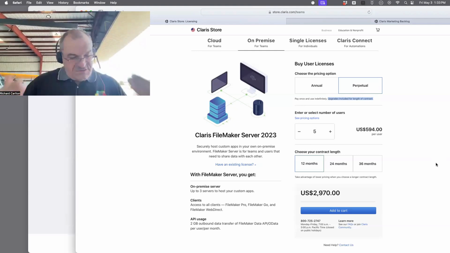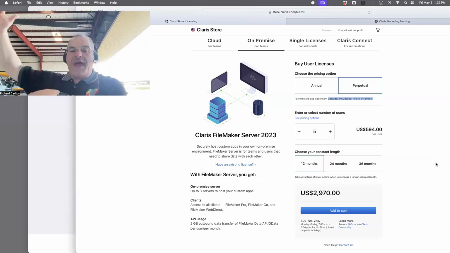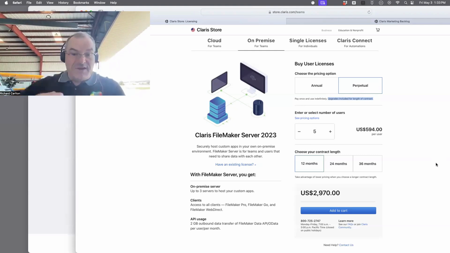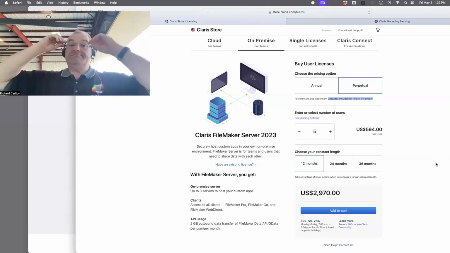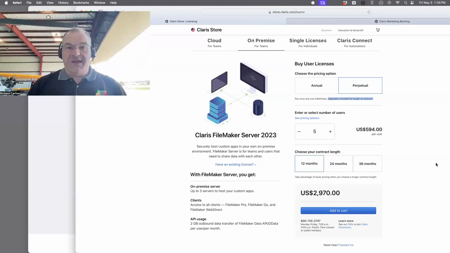I know this is for some of you a new thought, but if you update hardware, you need new software, operating system software. If you have new operating system software, then all the apps that run on top of the operating system probably should be updated. Make sense? And so they don't, and then it doesn't work. So we have a number of people who have been on FileMaker 14, 15, 16, 17, 18, whatever.